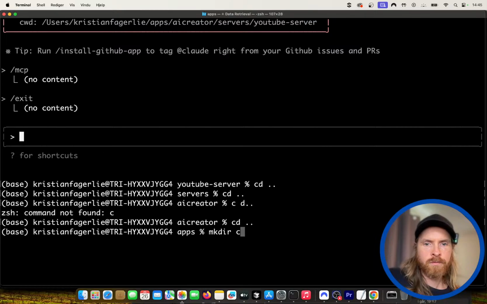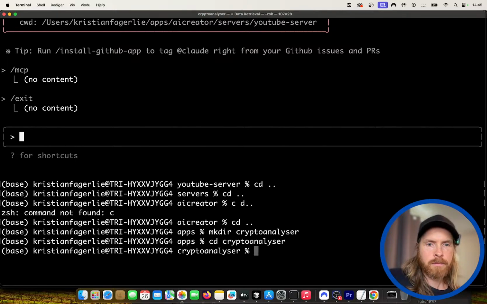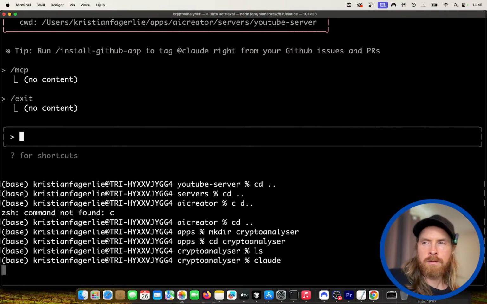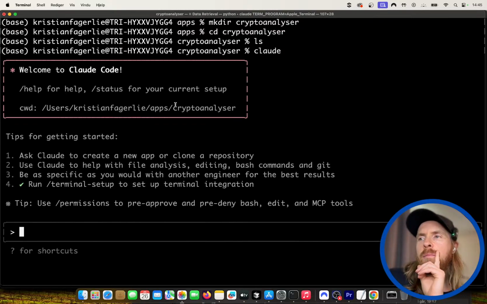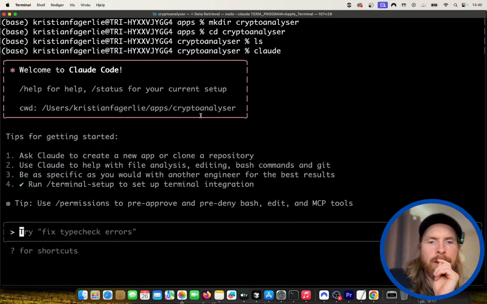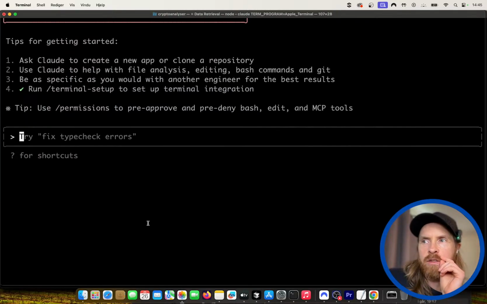Crypto. Binance profile, for example, using API key. I don't know. Binance profile.